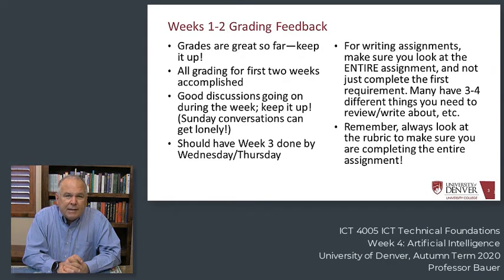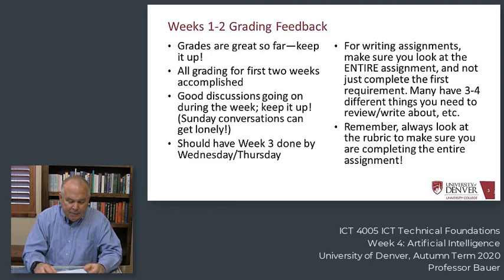One thing on the writing assignments, there are usually 3 or 4 different things that are part of the assignment. So don't just look at the first sentence, "Write a paper on artificial intelligence," and okay, well, I'm going to write this. Usually, in fact, just about every time, there is, "Your paper should include the following: A, B, C, D, E." And make sure that you look at all of that. The rubric itself, which is your friend, will tell you what you need to do. And if you're missing some of these elements, it really keeps you out of the A area. So just keep that in mind.